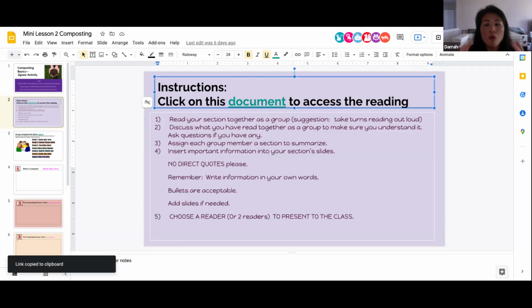And what I did was I broke the document into parts. So I said, group 1, you read this. Group 2, you read this. Group 3, 4, 5, 6, 7. So it was quite, how shall I say it, quite explicit in the directions. And like I said, if I'm not explicit in my directions, then they do not do the work. I don't know if any of you struggle with that, but I constantly struggle with that at times.